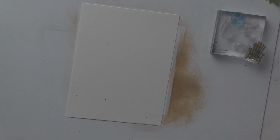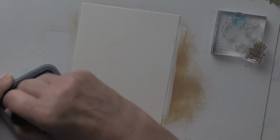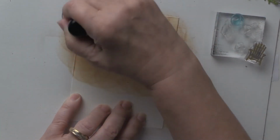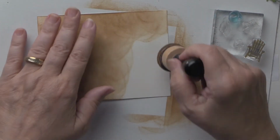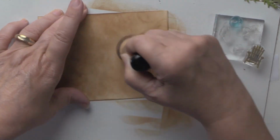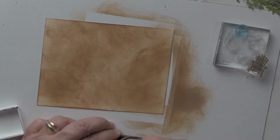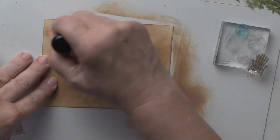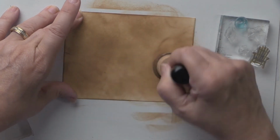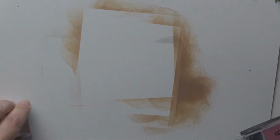All right, what I've done is I've taken some, what is this, Vintage Photo ink, and I've covered this piece of cardstock. And I'm going to use what's left on this to put some soft granite in here. This will make it look rather weathered. There we go. All right. And then with my MISTI,